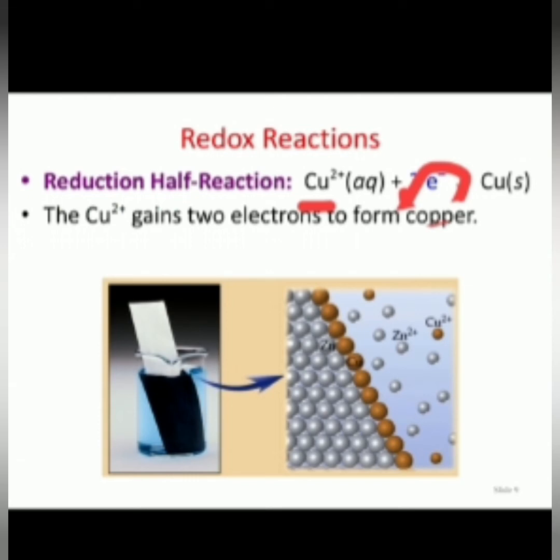The function of the salt bridge is many times asked in CBSE examination. For example, what is the function of the salt bridge, or what are the main functions of the salt bridge? So, the salt bridge maintains the electrical neutrality and completes the circuit of the two half cells, the reduction half cell and the oxidation half cell.